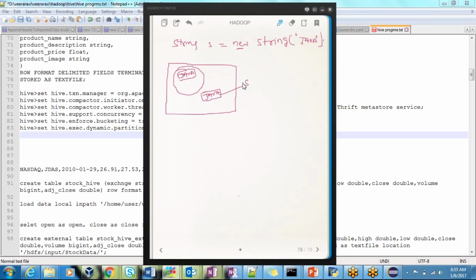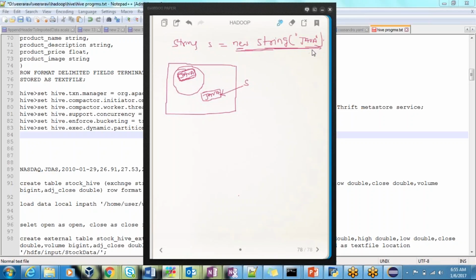Now the s will be referring to this. But who will refer to this one? No one will be referring to it. It just created an object in the pool. In the future, if anyone tries to create an object with the same Java, at that time it will be referred. But as of now, when you create an object using the new keyword in strings, it will create